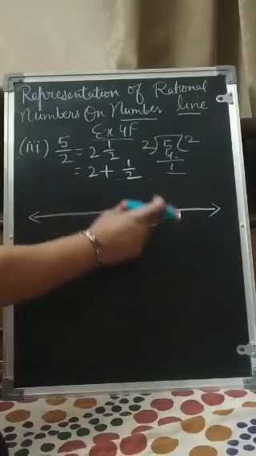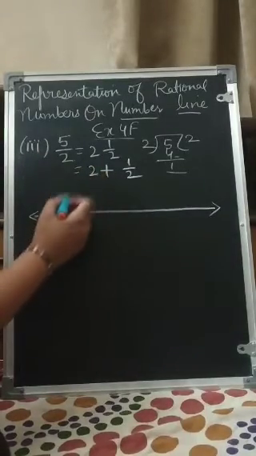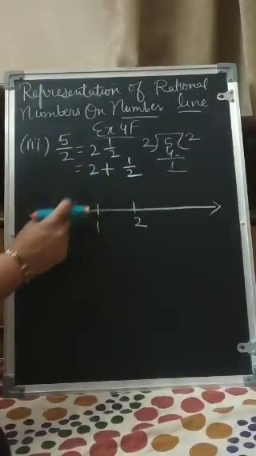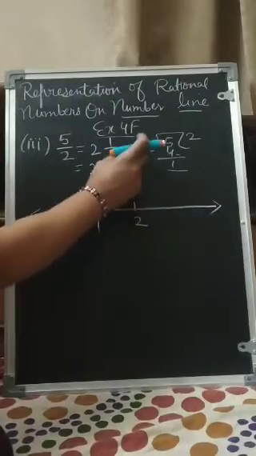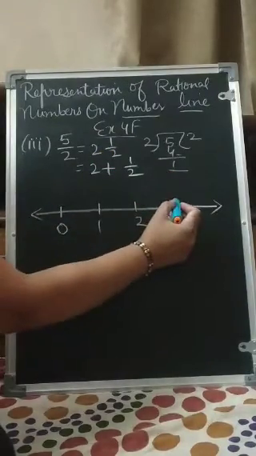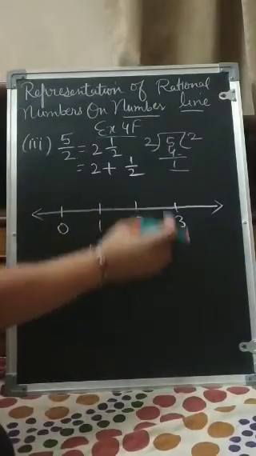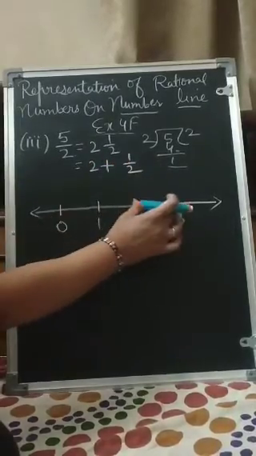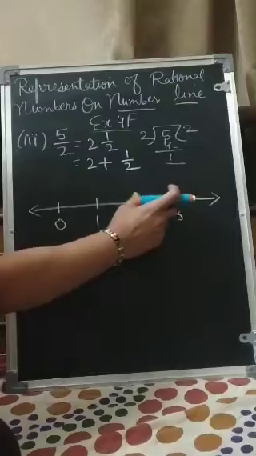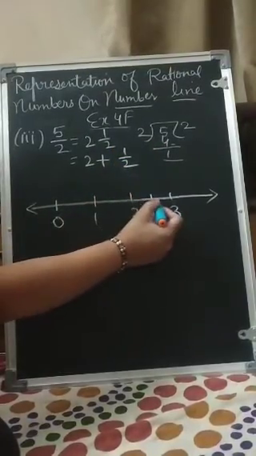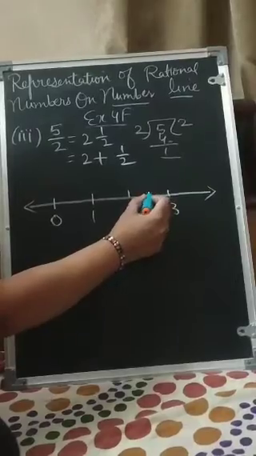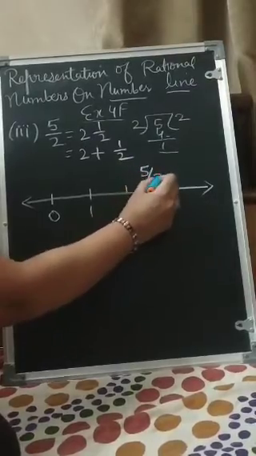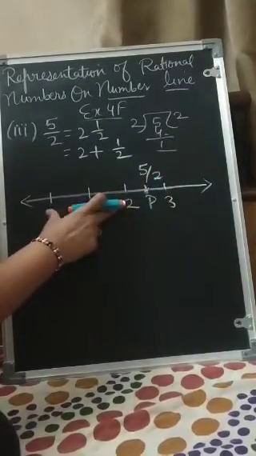Now this we will represent on the number line. First of all, this is 0. This is 1. This is 2. Because 2 is the whole number, we can reach like this. 1, 2. Now further 1 by 2, that means after 2 there is 3. This distance should be equal. Now 2 to 3 we will divide into 2 parts because this is 2. So we will divide like this. 1, 2, 2 parts. Afterwards, 1 by 2 means this is 1 by 2. We will reach here. This is P, and it is 5 by 2, means 2 plus 1 by 2.